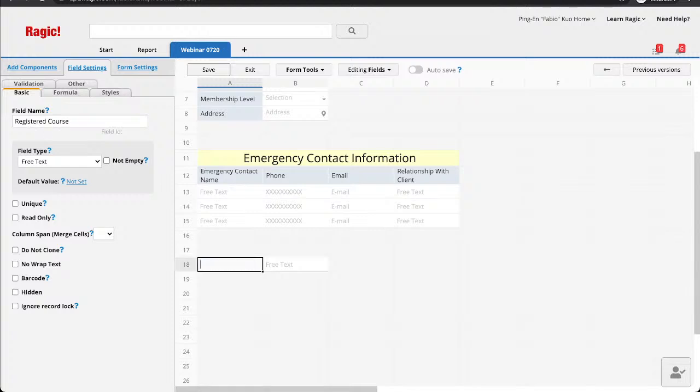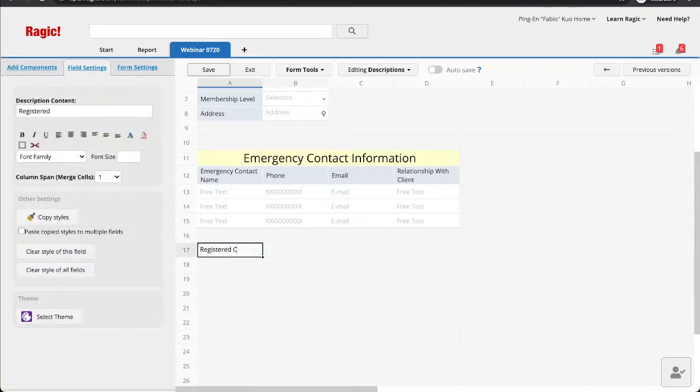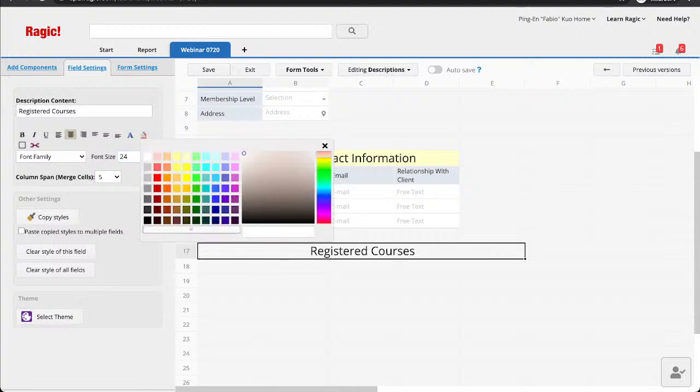Oops, actually, this one should be a description field. Make it, I guess, 4, 5. 4. Change it to, I like this color actually.